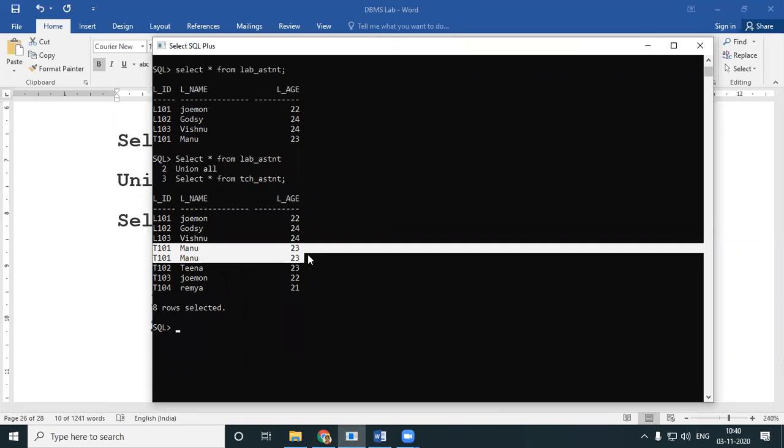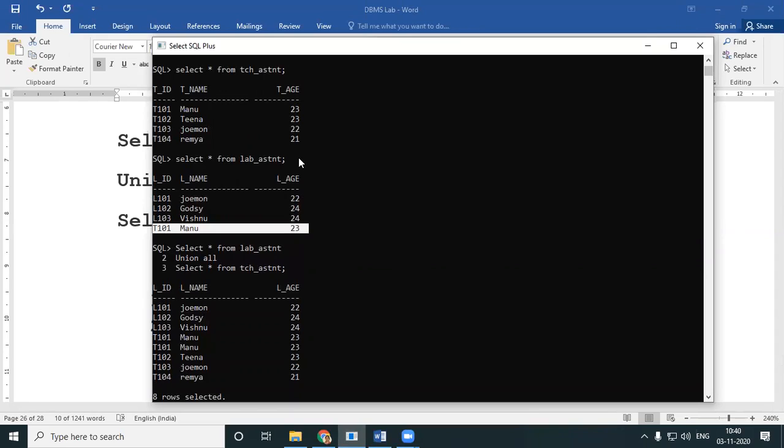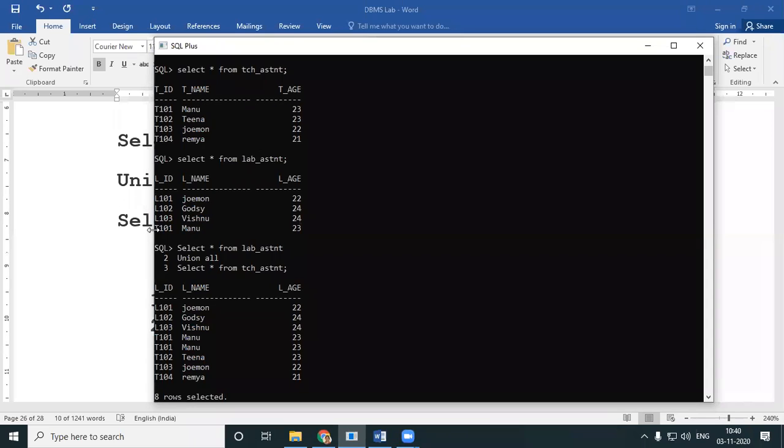T101, T101. If you look into your tables carefully, even though the Manu name is common, look into the whole row. T101 Manu, T101 Manu. That is the only row which is common.